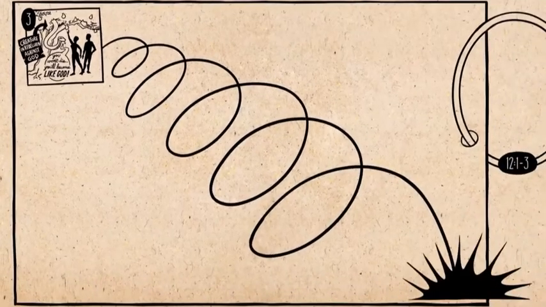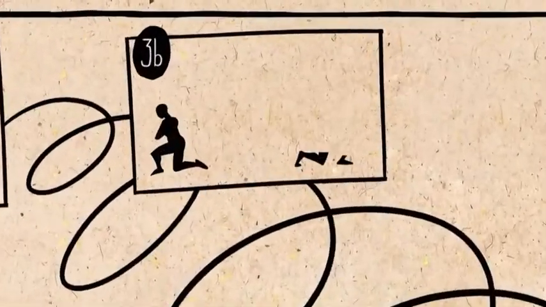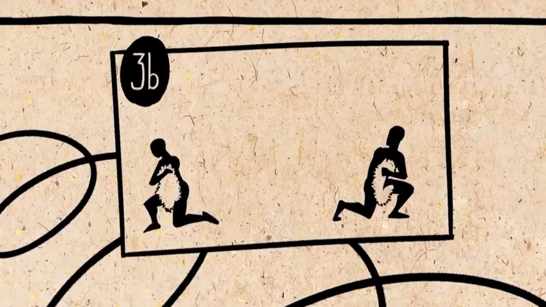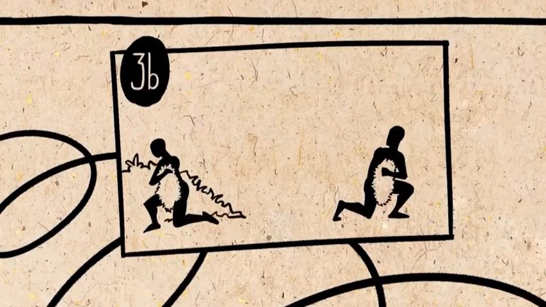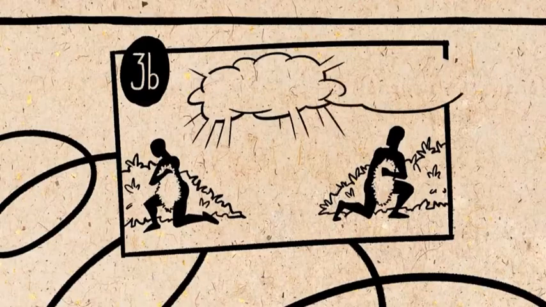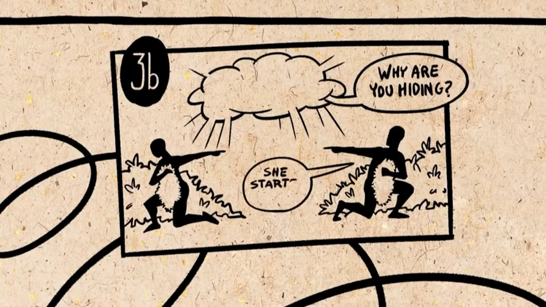The first casualty is human relationships. The man and the woman, they suddenly realize how vulnerable they are. Now, they can't even trust each other. And so they make clothes and they hide their bodies from one another. The second casualty is that intimacy between God and the humans is lost. So they go and run and hide from God, and then when God finds them, they start this game of blame shifting about who rebelled first.